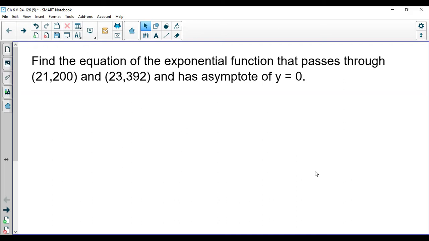So let's say I was faced with this situation. I'm told that I want to find the equation of the exponential function. I know 2 points that it passes through, and then I'm told this extra piece of information. And the extra piece is that it has an asymptote of y equals 0. Well, this extra piece of information has actually been kind of assumed on the problems we've done in the past